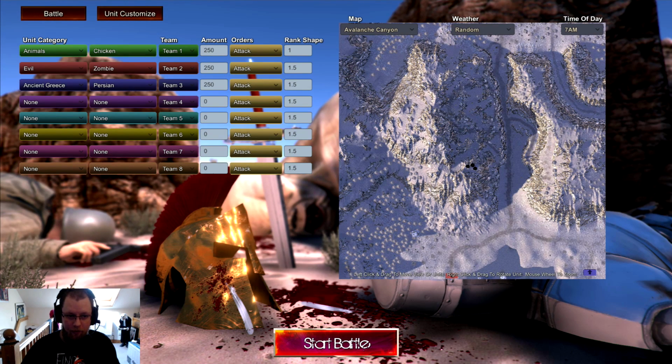Now obviously if you put a bunch of chickens against a bunch of zombies, you kind of know who's going to win, but you can actually customize the units as well to make them stronger. But we're going to go for general units at the minute. So the last one I did had medieval cavalry against zombies against Persians,